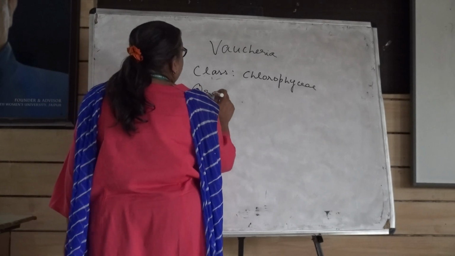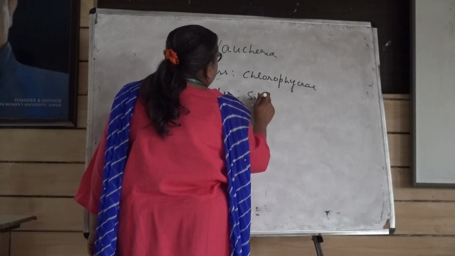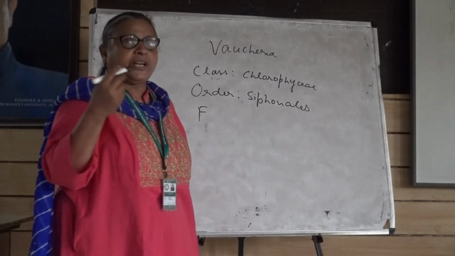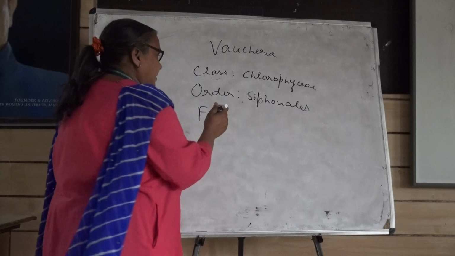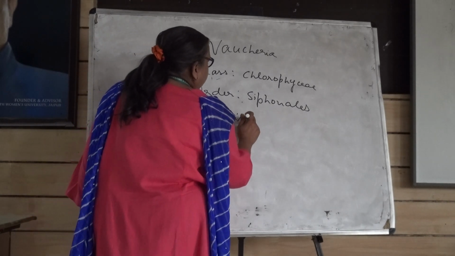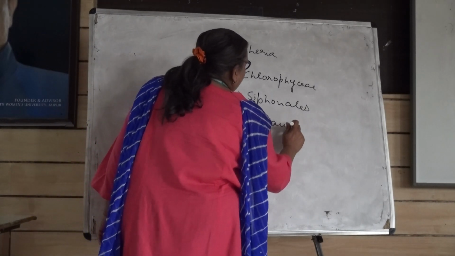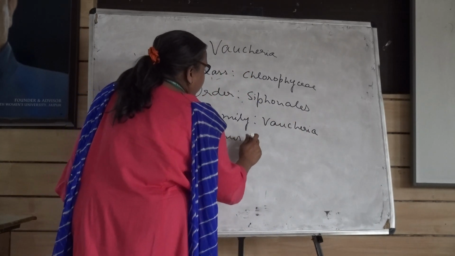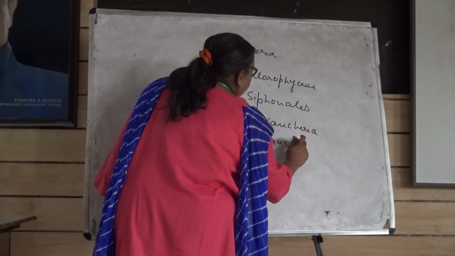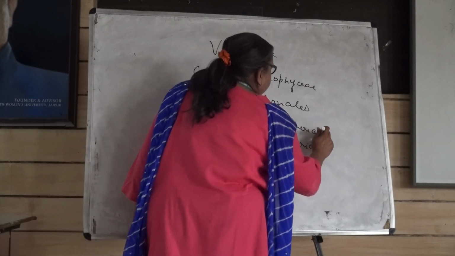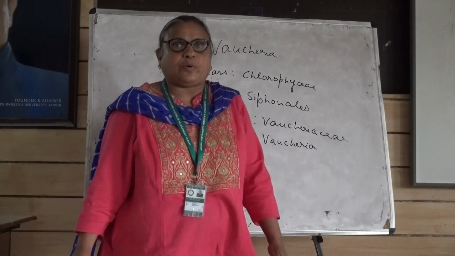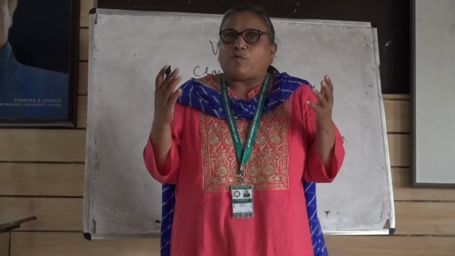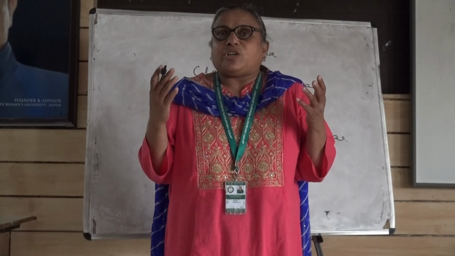The family in which Vaucharia has been placed is Vauchariaceae, and the genus, as you well know, is Vaucharia, about which we are talking now. So my dear students, first of all I tell you there are about 54 species of Vaucharia which are